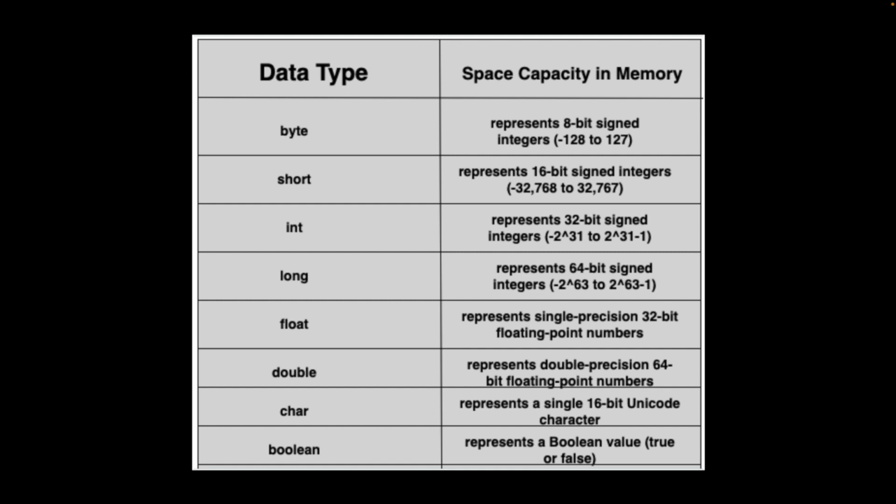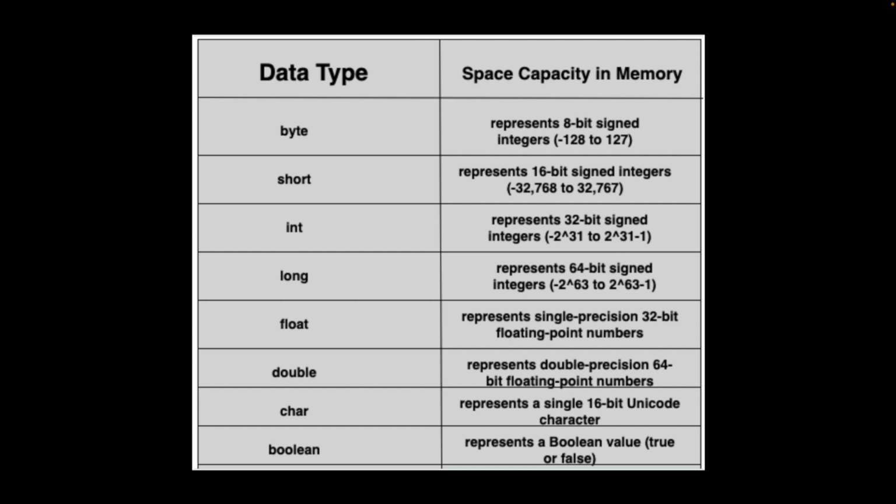So 128, you're going to get an error within your IDE, which will warn you that, hey, you've allocated this memory to be byte, but you're storing more than what a byte can handle. Something like that, right? And then you have a short, and a short represents a 16-bit signed integer from negative